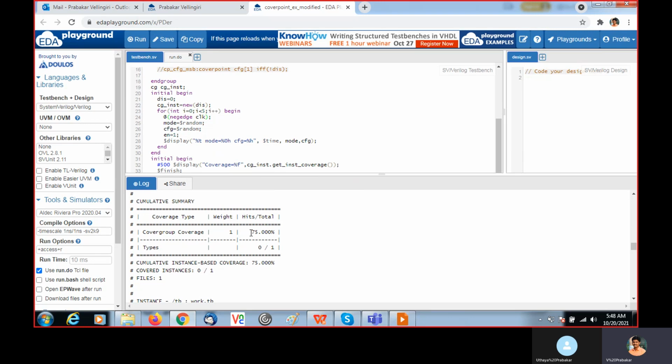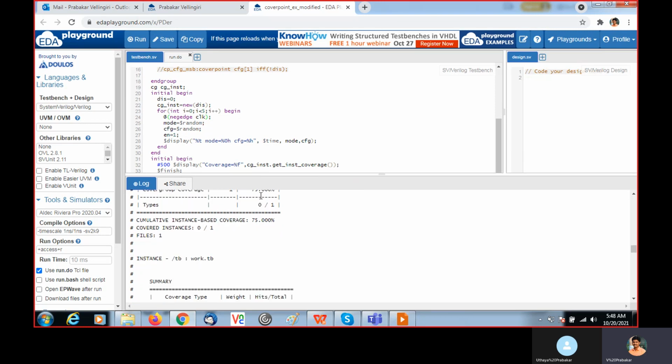It will give 75% coverage, meaning 75% of the cover points are covered. We are expecting 100%. If we get 100%, we will satisfy it, and we can get type 1 by 1.